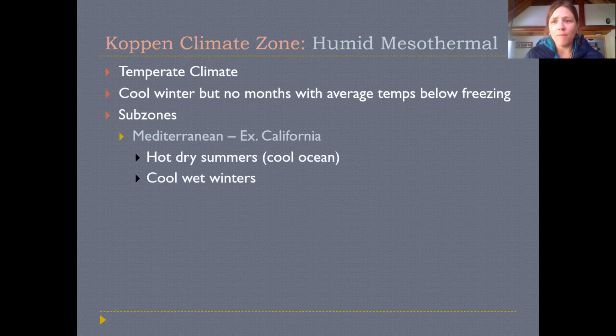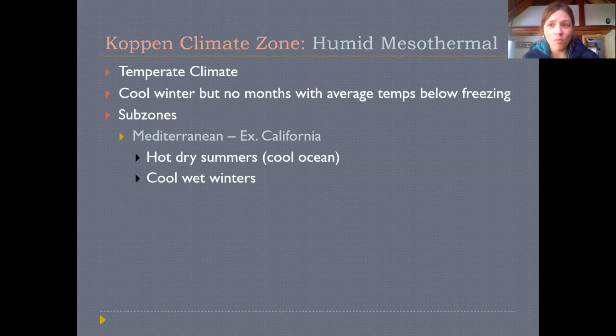The first one is called the Mediterranean climate, which is what's experienced by a lot of California. So you're probably familiar with this. This is the hot, dry summer and then the cool, wet winter. Again, this is a climate that might be totally familiar to you, and you might think that this is a pretty normal climate, but in fact, this is quite unusual for most parts of the world